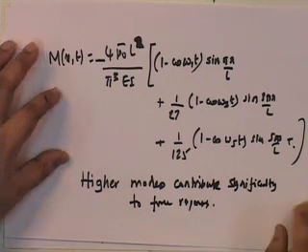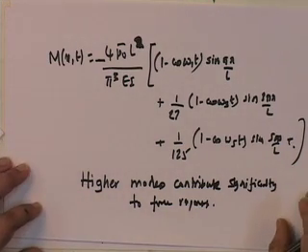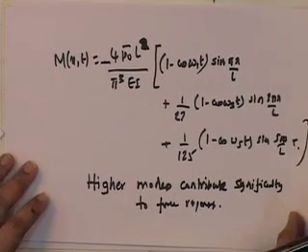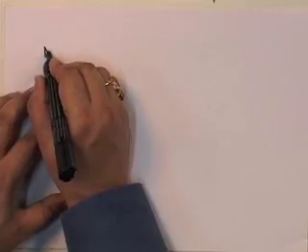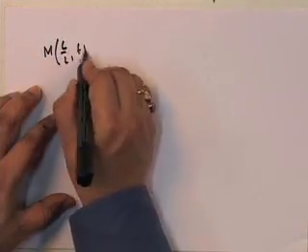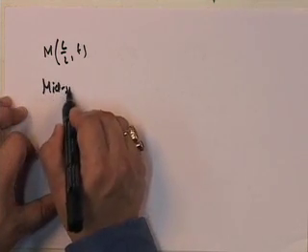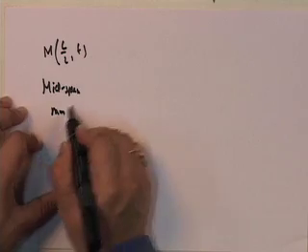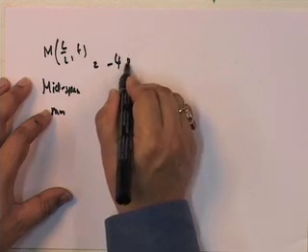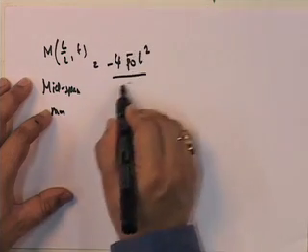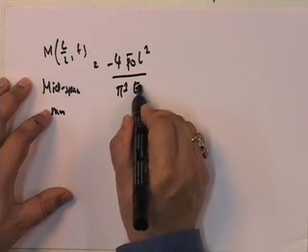This is again something that we had already said, but here we see this particular case very clearly. Now, suppose I were to find M at L upon 2, which is the midspan moment under a UDL. If I were to find the midspan moment, what would I get? The midspan moment would be equal to minus 4 P naught L squared upon pi cubed EI,